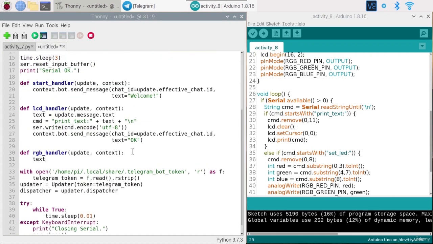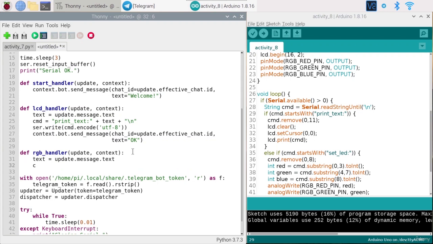Okay, we have the text, which is also update.message.text. We create the command is equal to, so the command this time is set LED with colon,